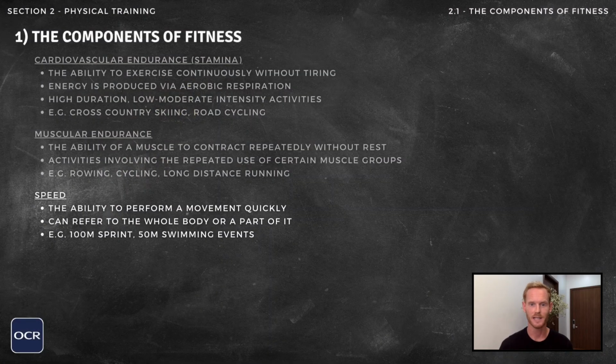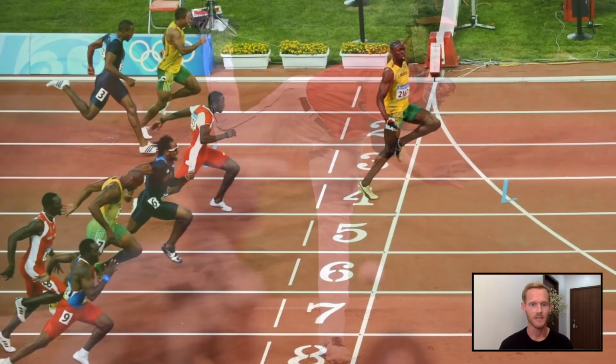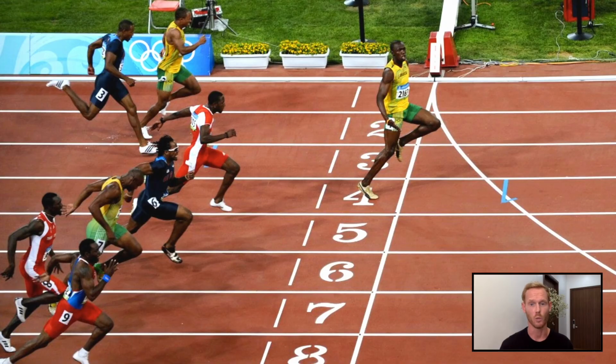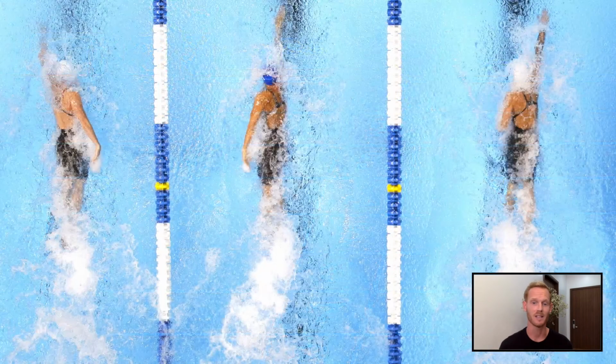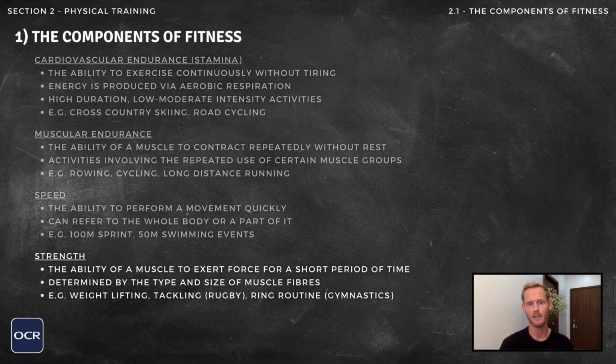Speed is the ability to perform a movement quickly and can refer to the whole body or simply a part of it, like the arm when pitching in baseball. Activities that rely on speed include the 100-meter sprint, 50-meter swimming events, and running to the net to reach a drop shot in tennis. Strength is the ability of a muscle to exert force for a short period of time